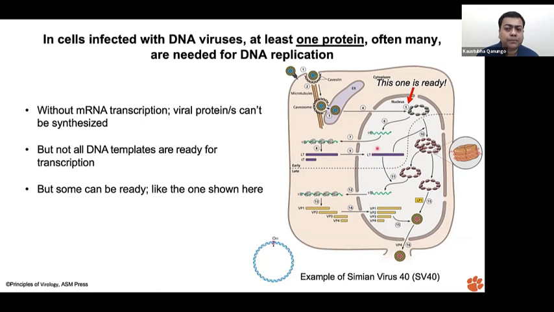We are also going to see that the LT, this large T antigen, is required not only for the DNA replication, but is also responsible for the second round of mRNA synthesis. So it will be a transcription factor as well. So at least one protein, this is the simplest one, is responsible for the onset of the DNA replication, as well as a second round of mRNA synthesis, which will mainly make the structural proteins